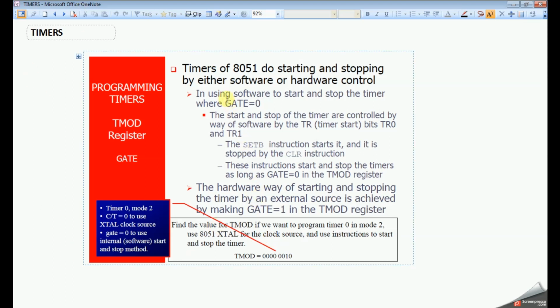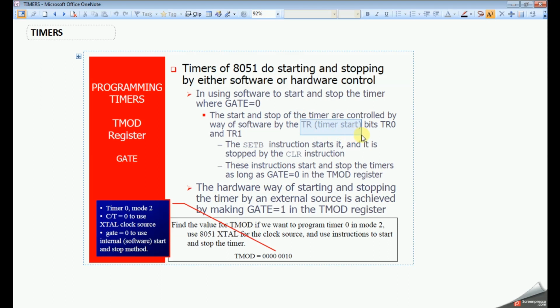Now for timers programming, in this video I am mostly using gate equal to 0, that is the internal or software method to start or stop the timer. There is a timer start register, a 1-bit register.